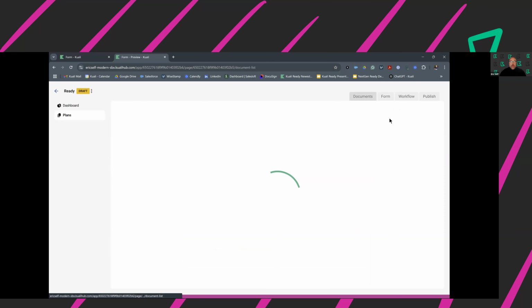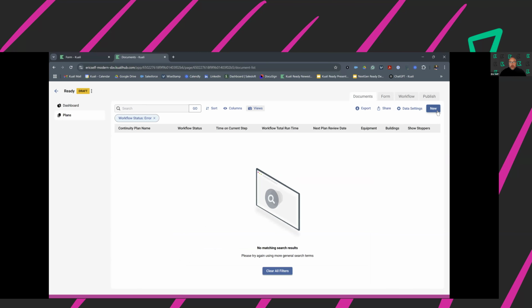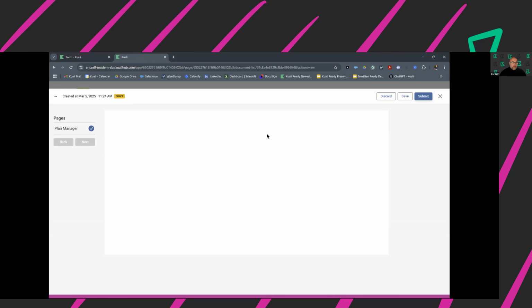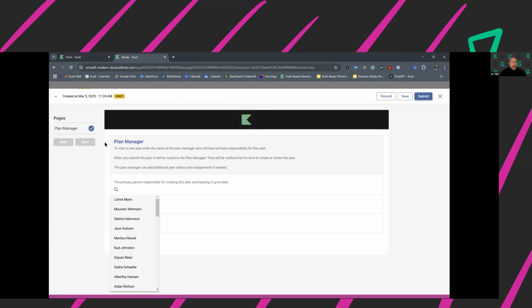Under the Documents tab, they would say new right here, and then assign somebody, a plan manager, to that plan. I'm going to use myself as an example, as a person that's going to be assigned, and there I am.